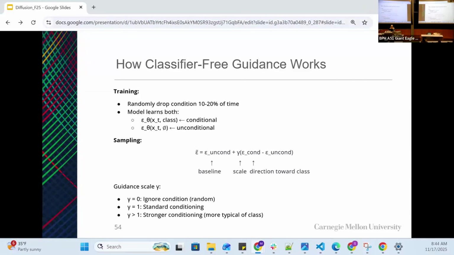How does classifier-free guidance work? First of all, we train one model to handle both conditional and unconditional generation. During training, we randomly drop the condition, like 10 to 20% of the time. And at sampling time, we combine both the conditional and the unconditional